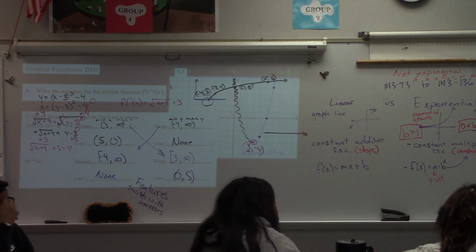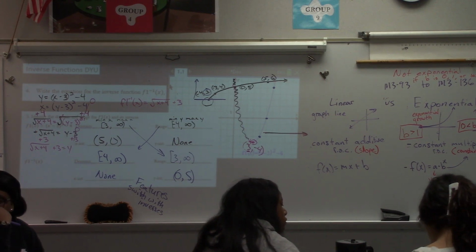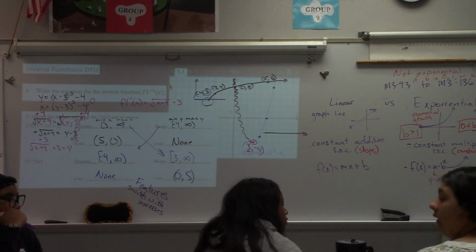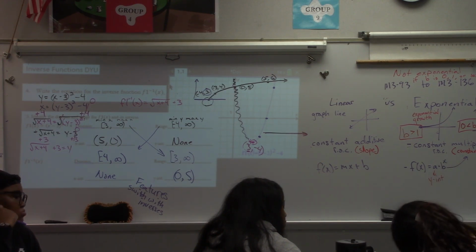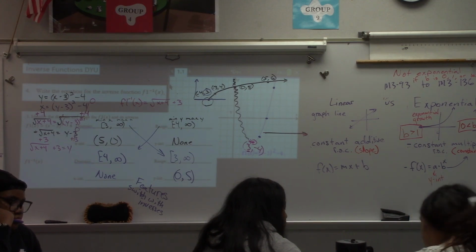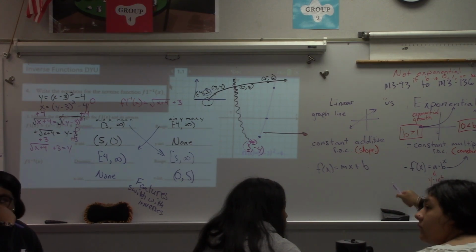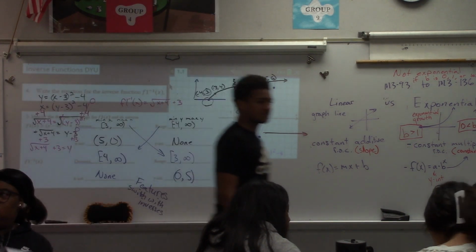So let's say that, and this is actually going to be very different, but I just want you to see it does not change. 3 times the cube root of x plus 2. Okay? So I made up this new equation here. Y equals 3 times the cube root of x plus 2. And so if I want the inverse function,